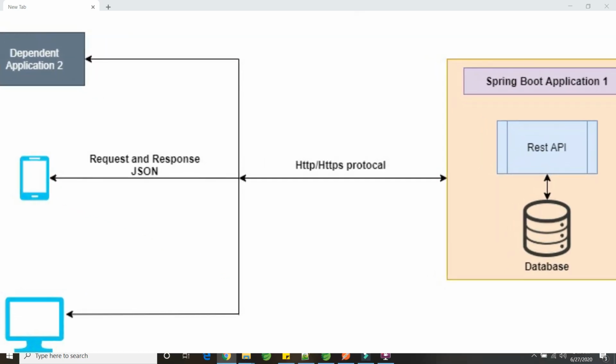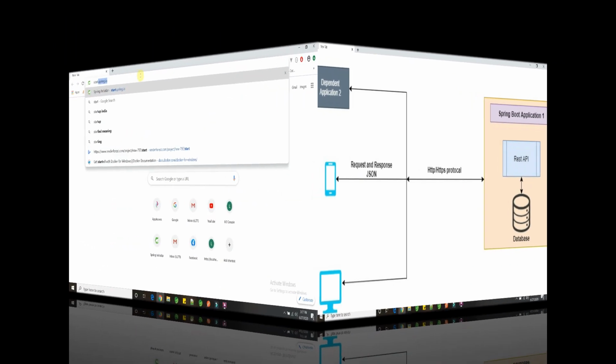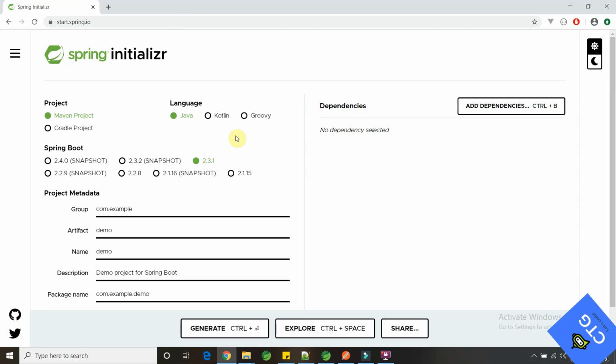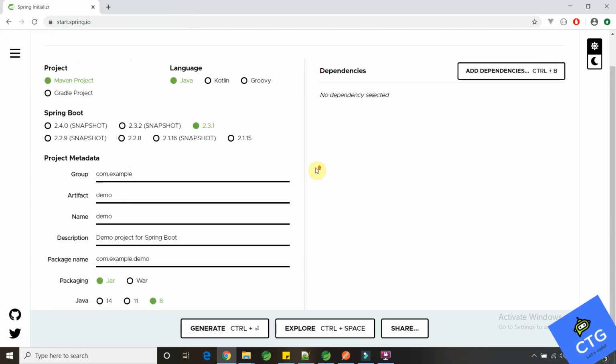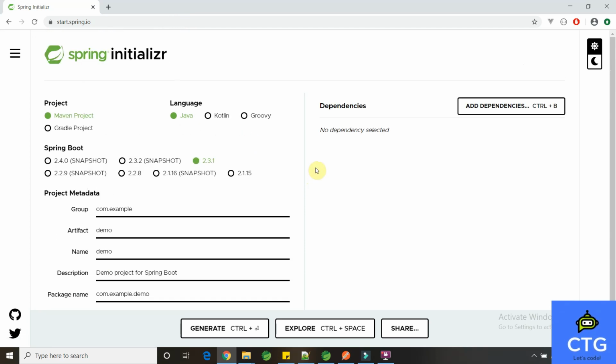In this tutorial, we are going to see how two microservices, basically two RESTful applications, communicate by using REST template. So let's create a project at start.spring.io. To communicate between two different Spring Boot applications, we have multiple options. A very generic one is RESTful.